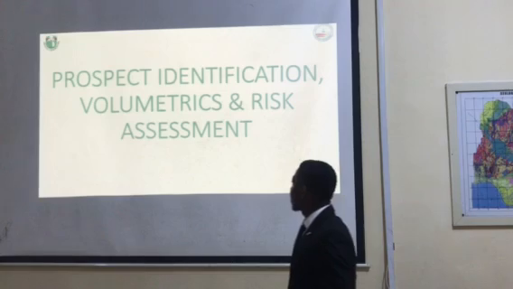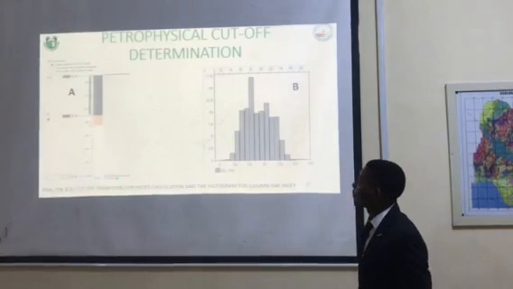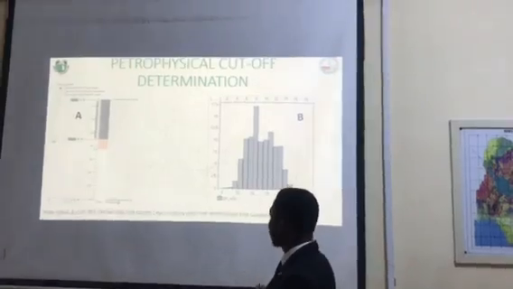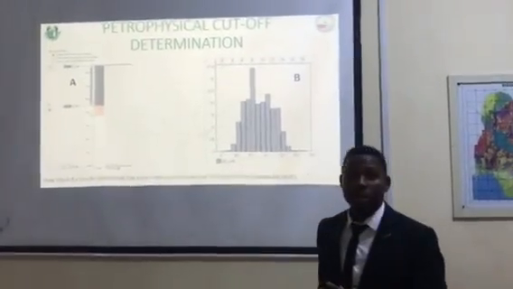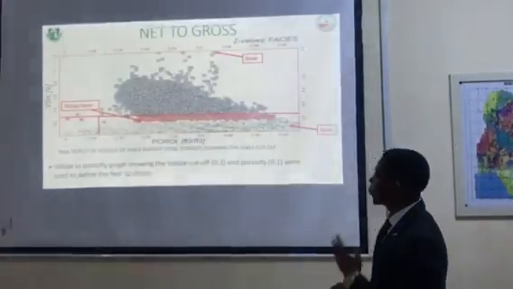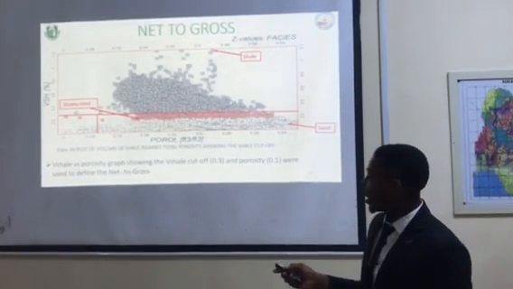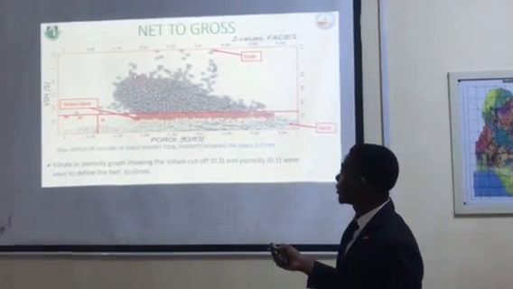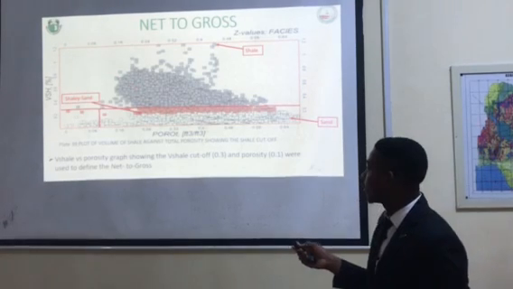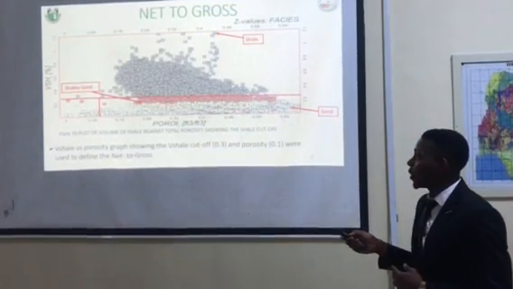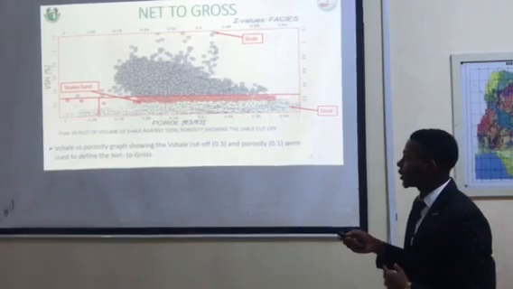For prospect identification, volumetrics, and risk assessment, then for our petrophysical cutoff, we used a gamma ray index to determine our maximum and minimum value, which we use to plot our net to gross value. Then we plotted volume of shell against total porosity, and this dark gray is where we have our shell, and the yellow is where we have our clean sand,